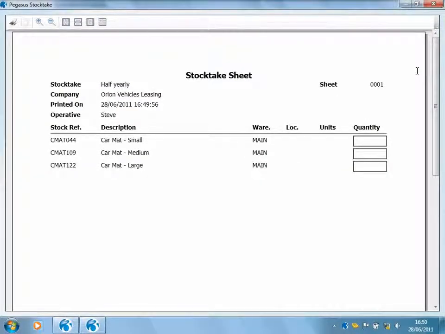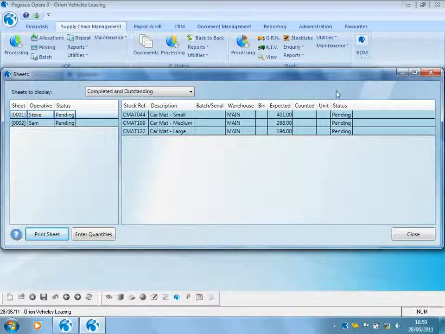He can go off around the warehouse and start to count his stock. And I could do the same for Sam's. Now what we're looking at here, we can see the figures that Opera 3 is expecting. And when we've also entered what Steve and Sam have found, we will see them being entered into the counted